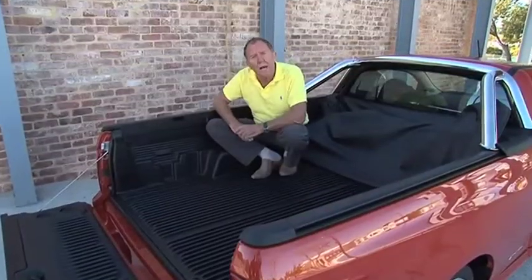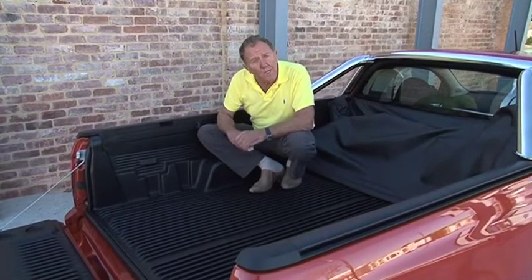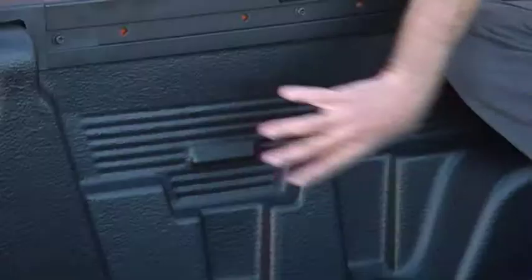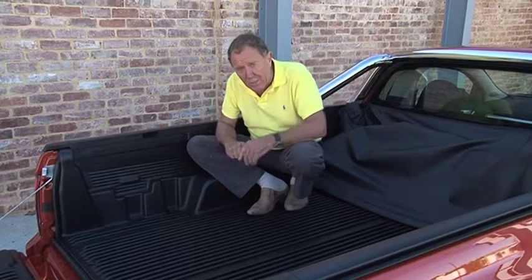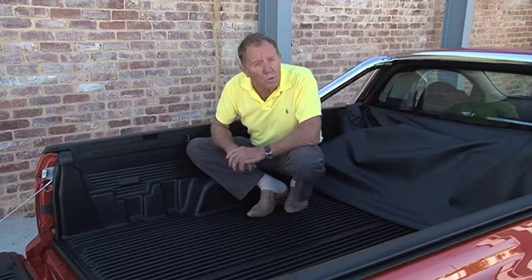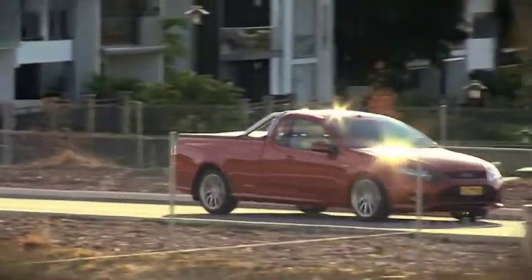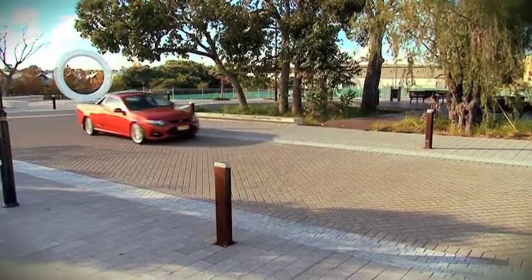Now this rig has a large back deck area and can carry just over half a tonne, and if you've got a brake trailer you can tow 2.3 tonne. Now the tub liner comes as standard equipment and that is a must. I don't know how many utes you've seen with big dents out the side. These things enhance the beauty of your car and add to the resale value if you trade up to a new rig. At the moment, the XR6 Ute comes with a 5-year, 200,000 kilometre new car warranty and a 5-star